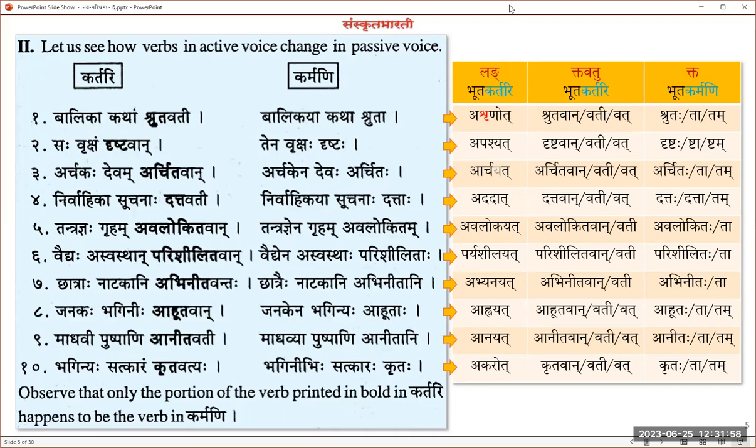Technically, I can add columns for lat, etc., but that will become very explosive. The focus is on bhuta kala and kartari karmani, so it's enough. Potentially one column that would have been useful is bhuta karmani in lang, before the kta or after the kta. Lack of space, I have not done it. Maybe lack of knowledge also. So that's what I have done here. You can see the same happening for other dhatus. Here and there a surprise is embedded, like a yakara getting generated because of the dhatu, but otherwise they're quite straightforward.